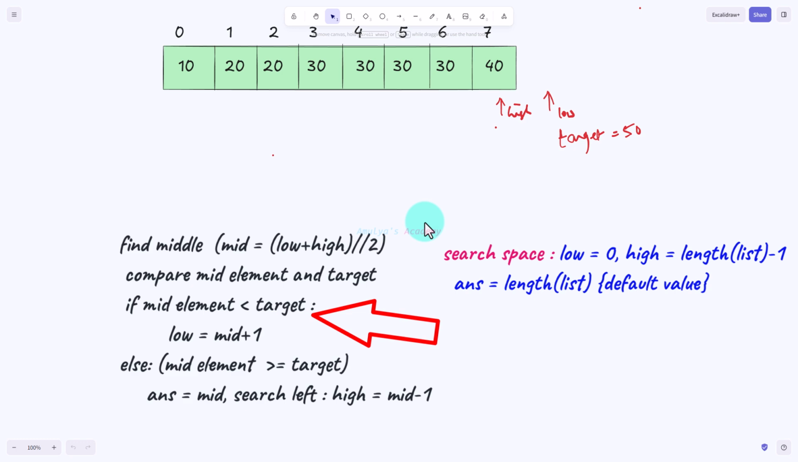In that case, the condition middle element is greater than or equal to target never becomes true. So answer equal to mid is never executed. Without a default value, answer would remain undefined or incorrect. So by initializing answer equal to length of list, we correctly return the position after the last element, which is